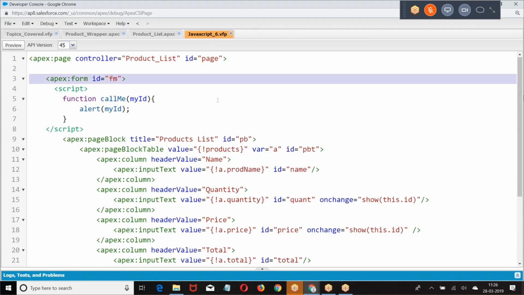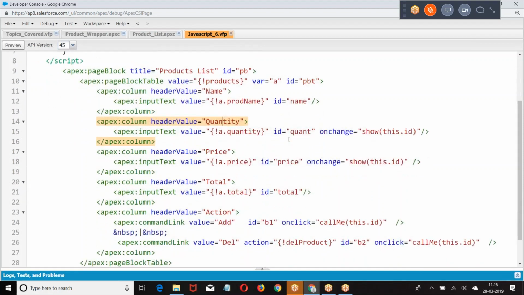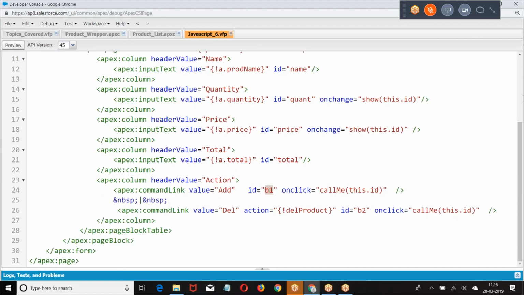Page, form, the block table, button 1, this dot ID.